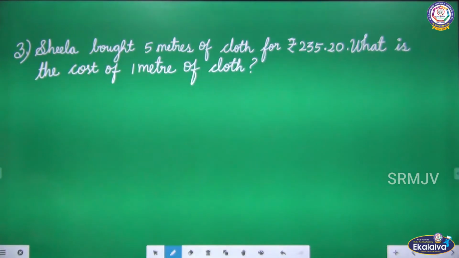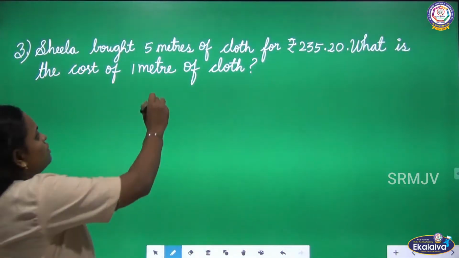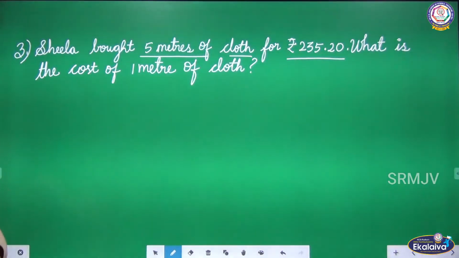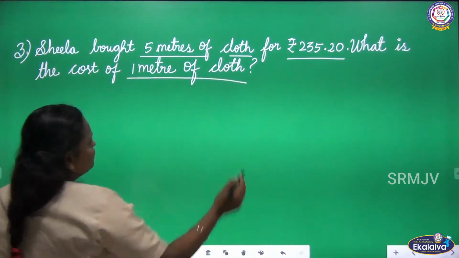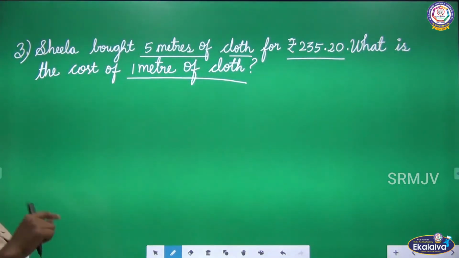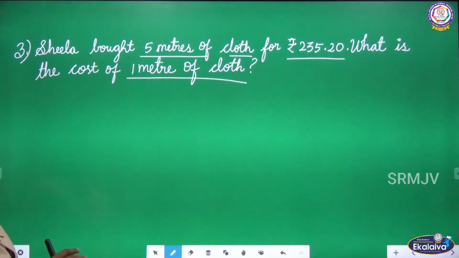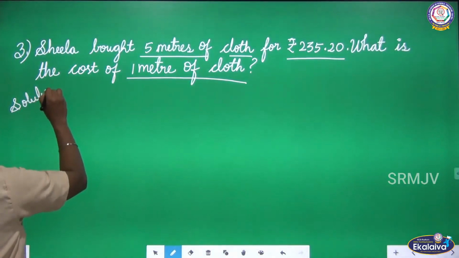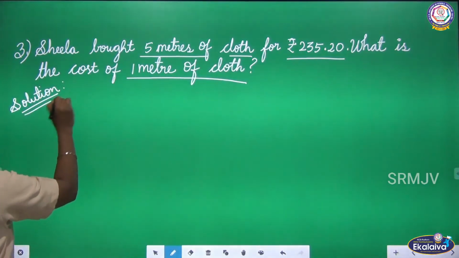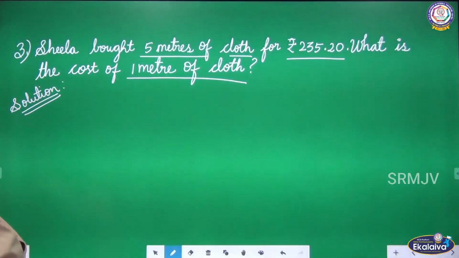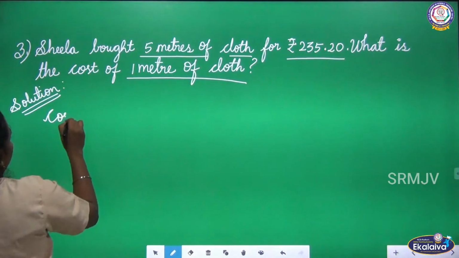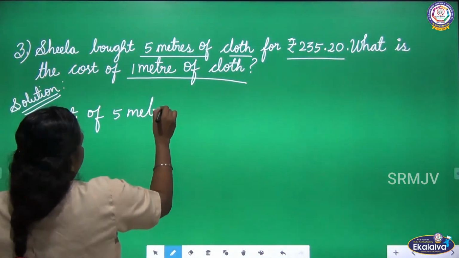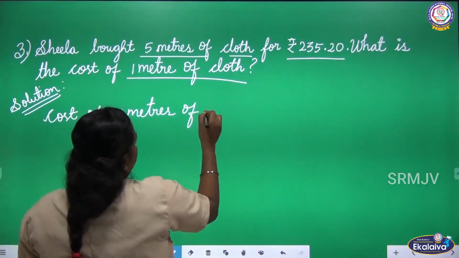Next one, Sheila bought 5 meters of cloth. 5 meters of cloth for rupees 235 rupees 20 paise. What is the cost of 1 meter of cloth? If they ask 1 meter means we are going to divide. 1 means we have to divide. So write the solution. Next you write the cost of 5 meters of cloth. What is the cost of 5 meters of cloth? Cost of 5 meters of cloth equal to